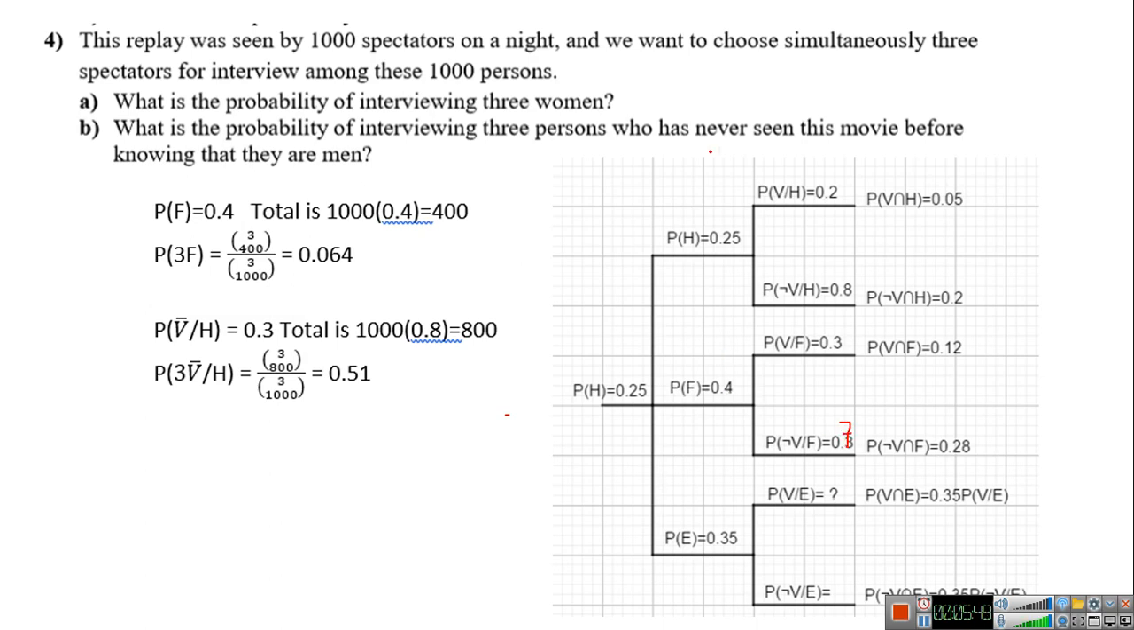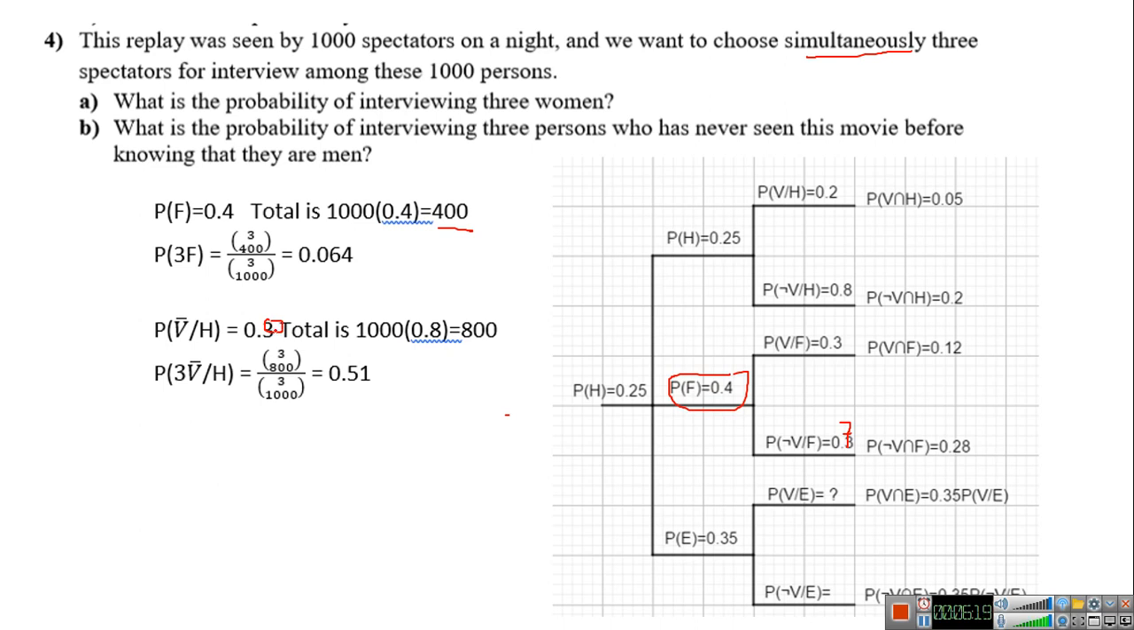We have 1,000 spectators, and we want to pick simultaneously. Simultaneously, it's dependent. It means it's not anymore P of the first times P of the second, and take order into consideration. What is the probability of interviewing 3 women? I have women 0.4, so 0.4 times 1,000 is 400. I want 3 women: 3 out of 400 over 3 out of 1,000, which is